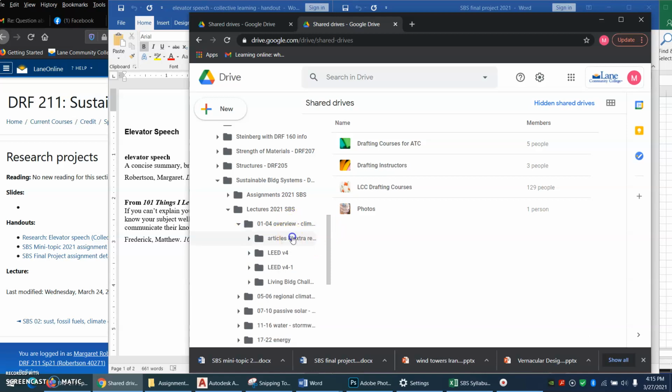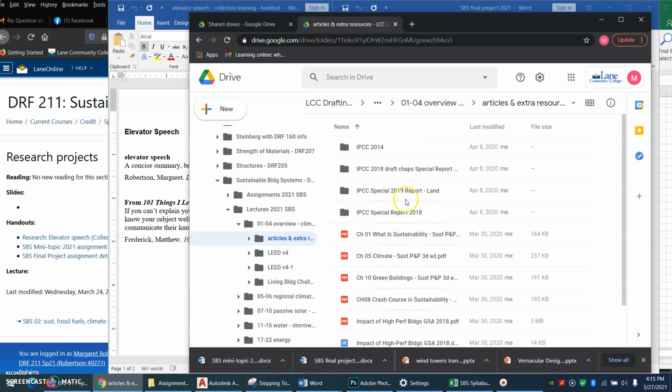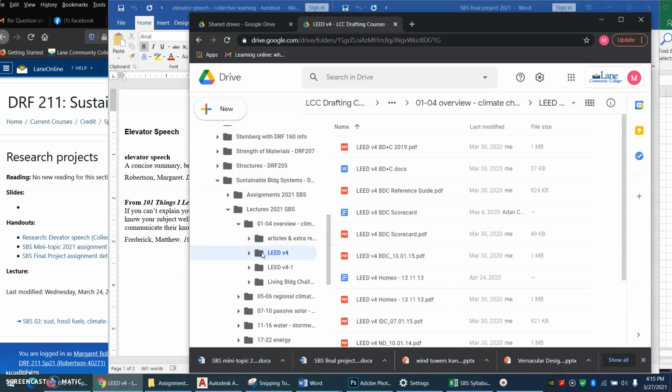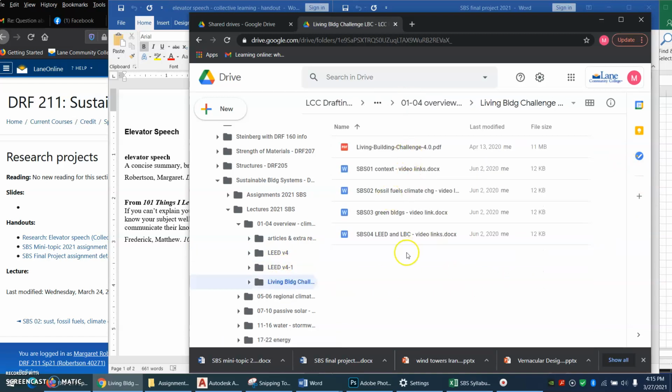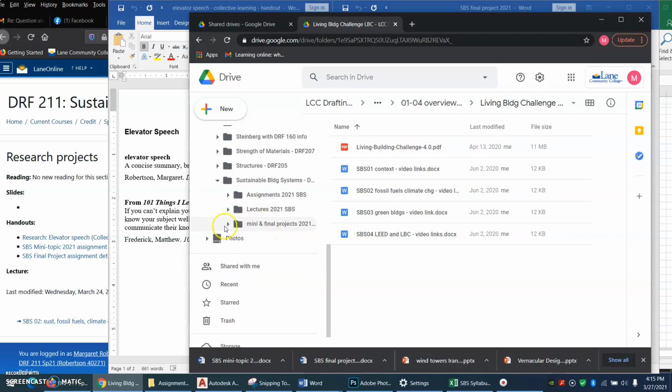So I have articles and other resources you can download. I have given you the LEED, various LEED certification projects, so you don't have to download them. They're here. The Living Building Challenge product, and so on and so forth. So there's a lot of material in here. Help yourself. But here in the mini and final projects,